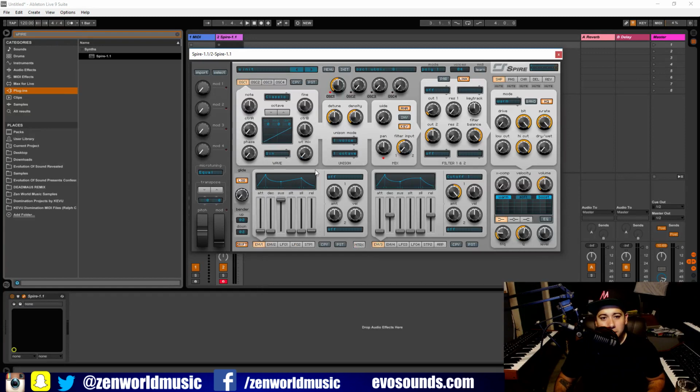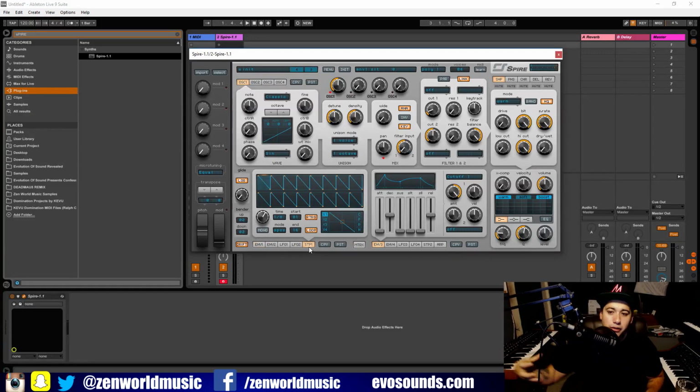Now, the thing I like about Spire is how easy it is. Serum has this reputation of being the go-to synth for dubstep. The reason for that is because the LFO is just so free. What that means is you can input any wavetable or look you want to it, and you'll get really cool